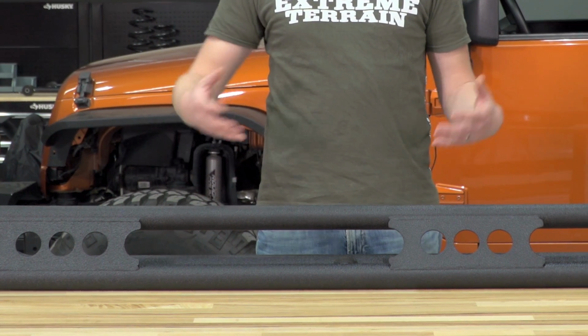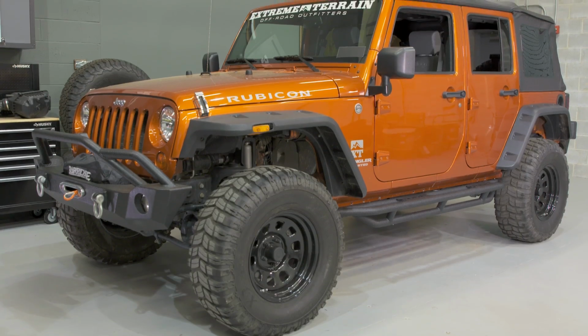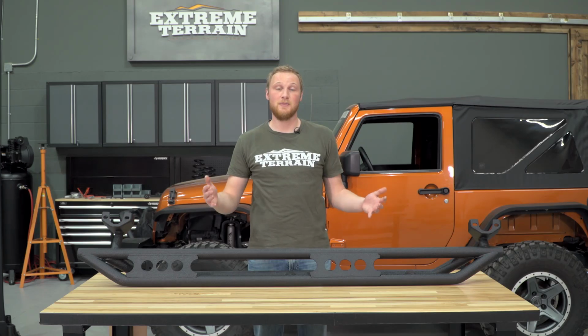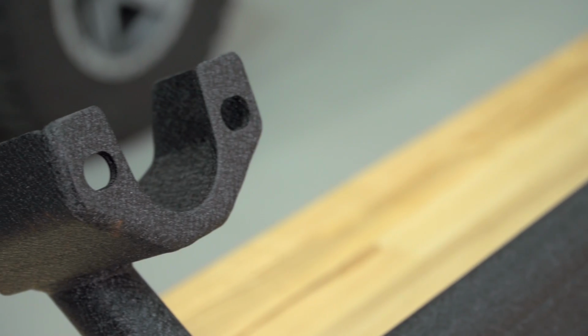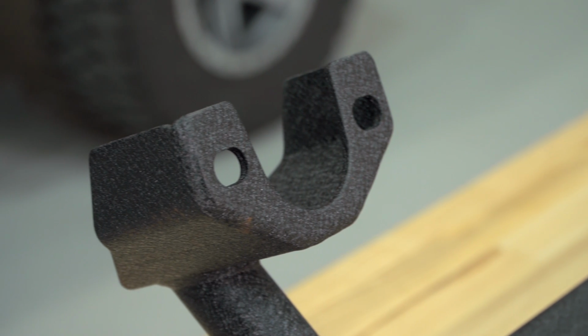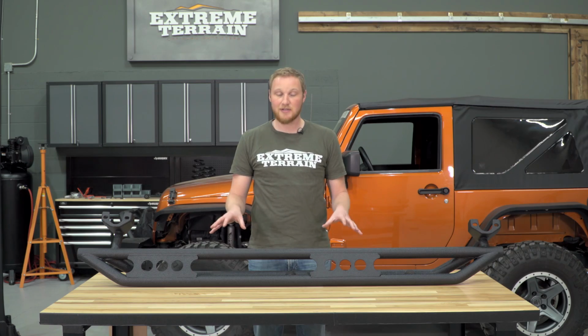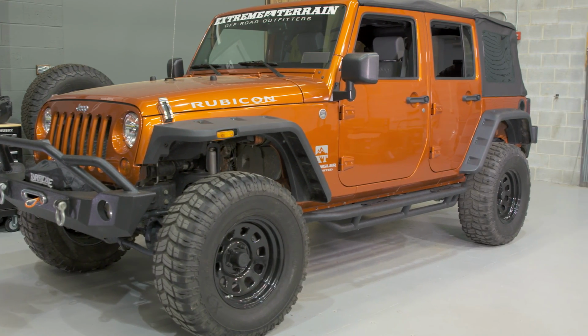Now this armor is a little bit pricey in my opinion for what you get, but it does give you that light protection that we talked about, and it is a pretty good step. This side armor is built from 1 3/4" diameter, 0.12 inch wall thickness steel tubing, and it's covered in this textured black powder coated finish that will help to resist corrosion and rust down the line. It also does a good job at matching a lot of other Jeep accessories and the factory black plastic accents